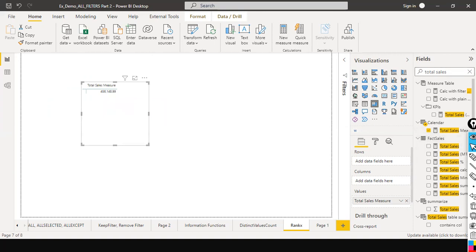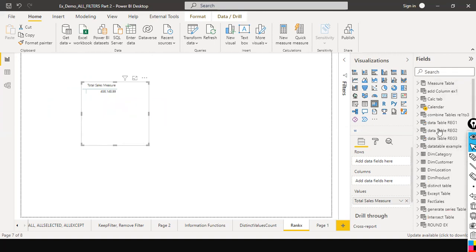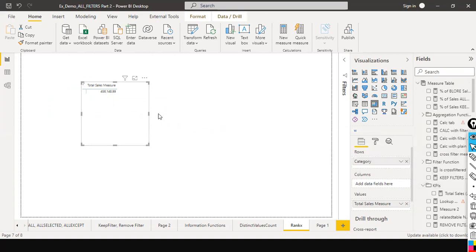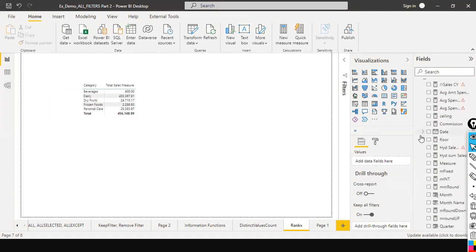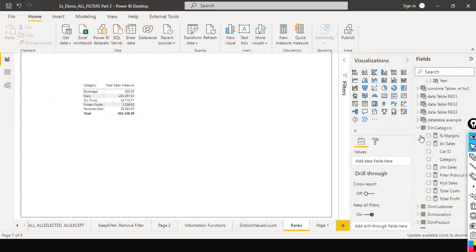If I drag and drop a categorical variable along with this, for example a category, what happens is it does the row-wise filtering. This is called implicit filtering. Please remember this. One second, let me just see the recording. Oh yeah, it's going on. This is called row-wise filtering. Okay, row-wise filtering. Supposing I want to see the location also in addition to this,